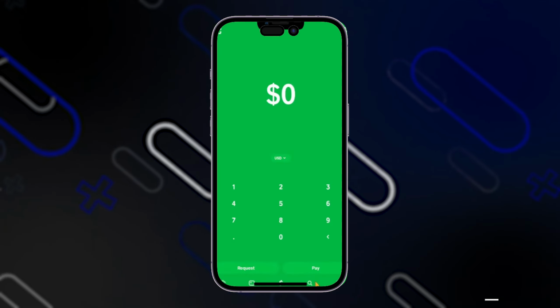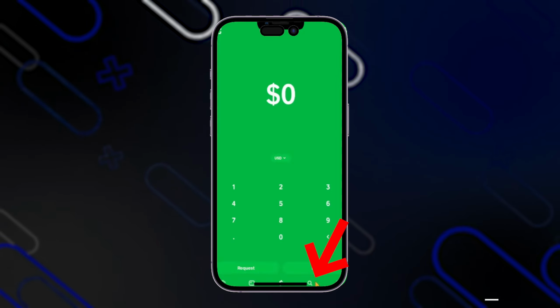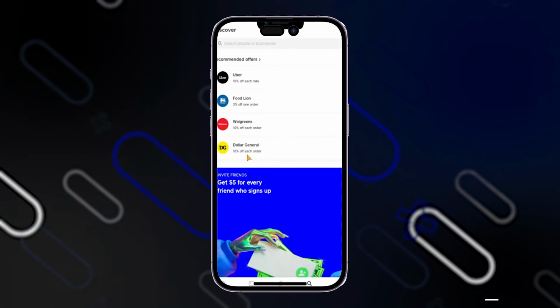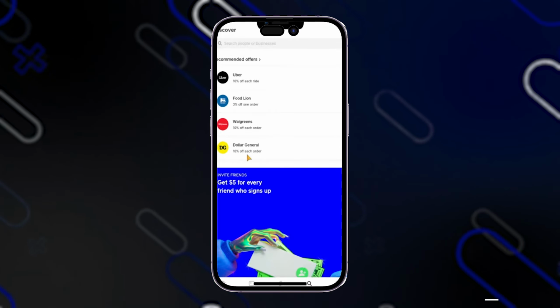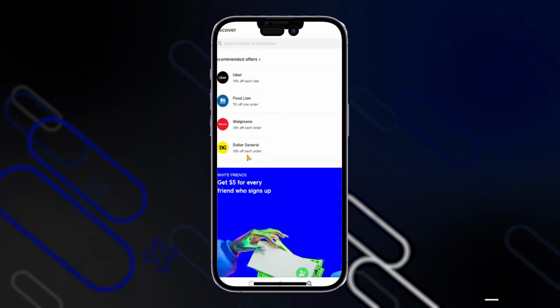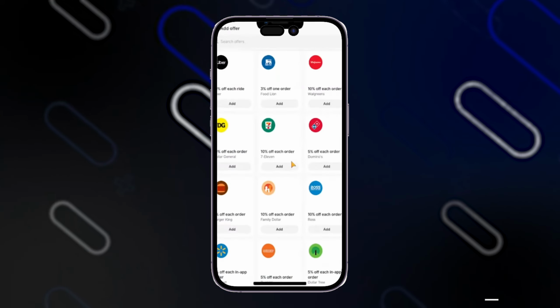Now the first thing that you should do is to simply go and open Cash application on your phone. Then I want you to click on the magnifying glass on the bottom just right here. And after that, you should here head to the Discover section. You should now search for Afterpay. So simply click on the search icon, type Afterpay, hit the enter, and the Afterpay service should be displayed right